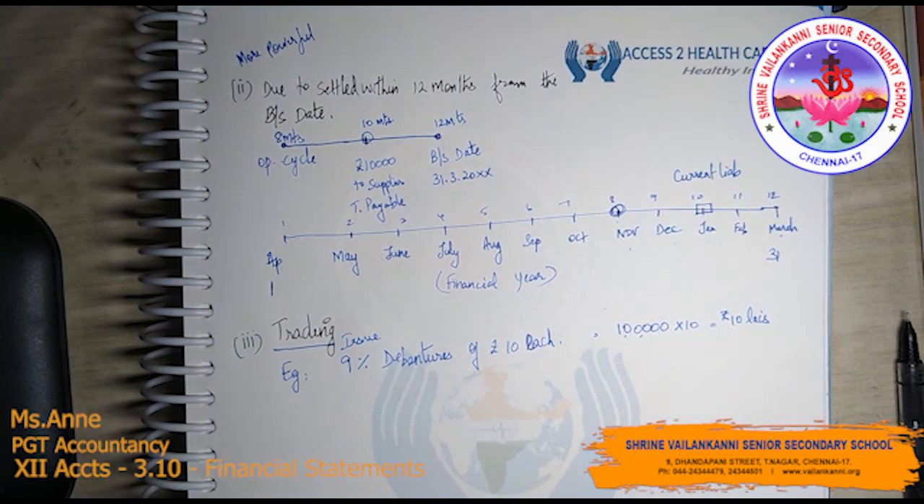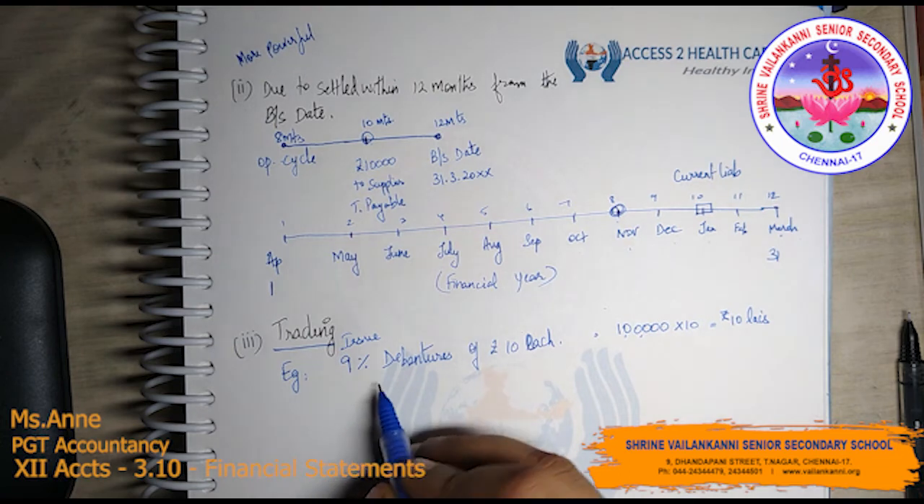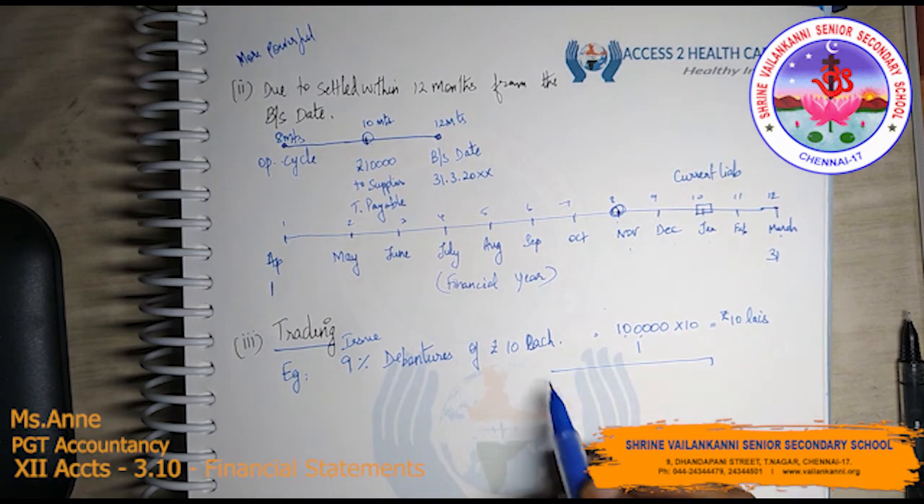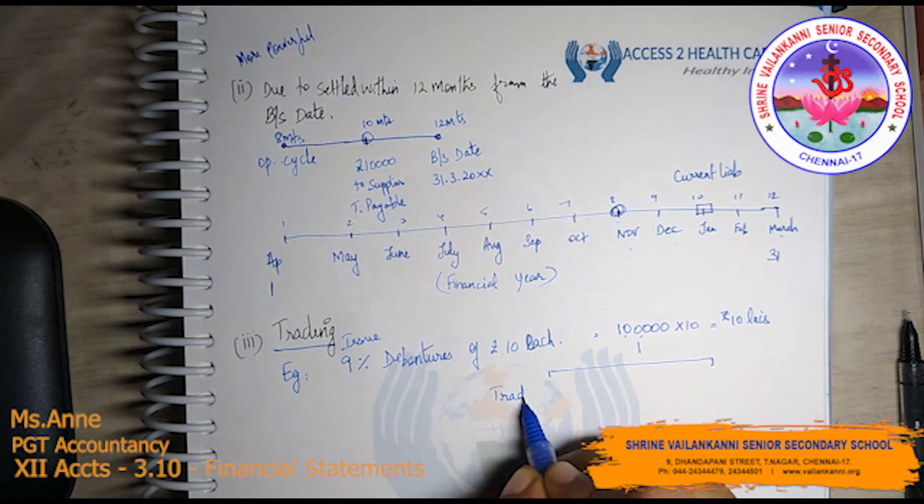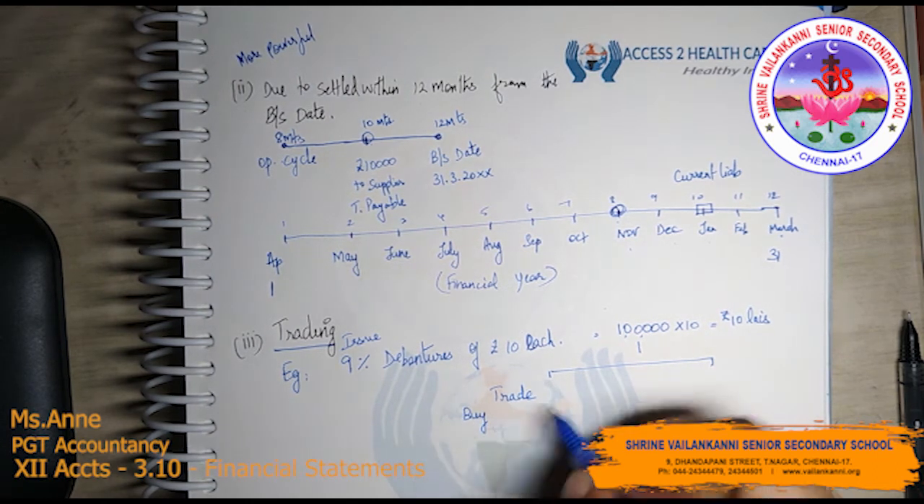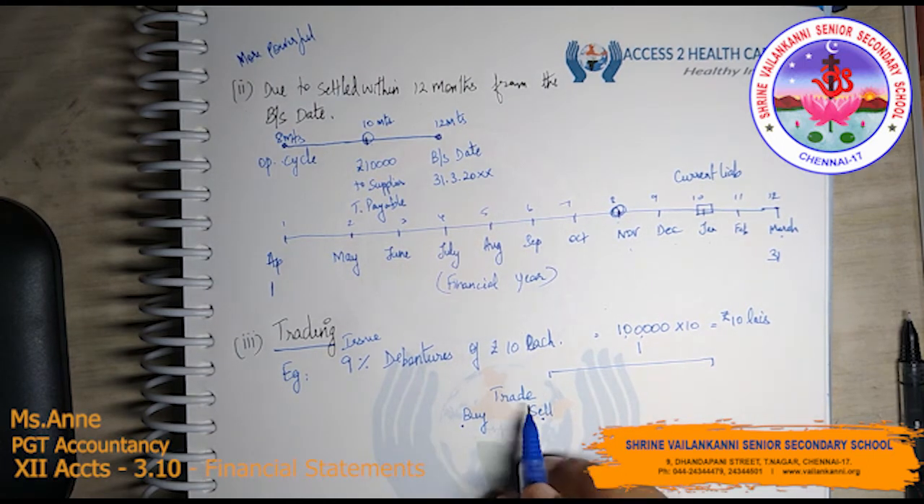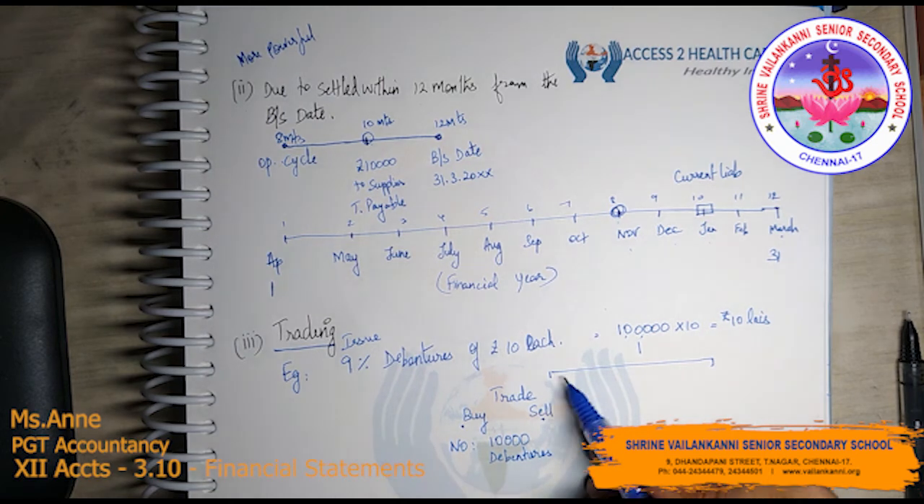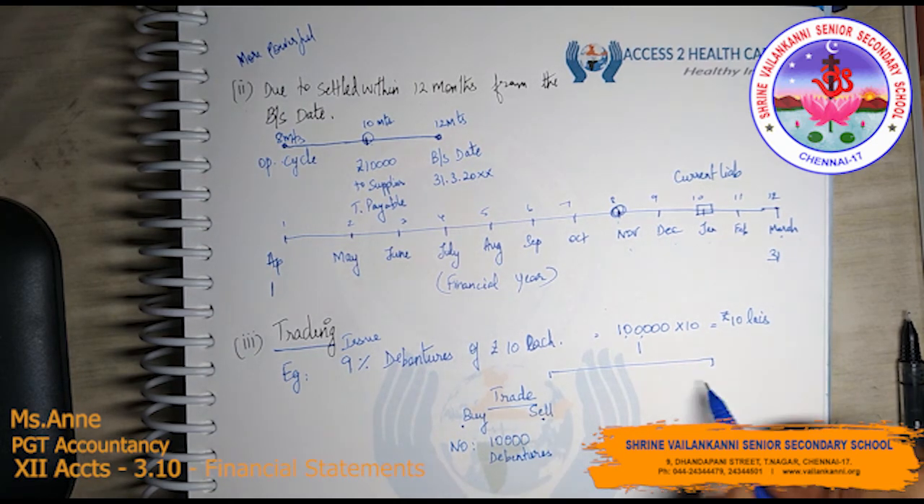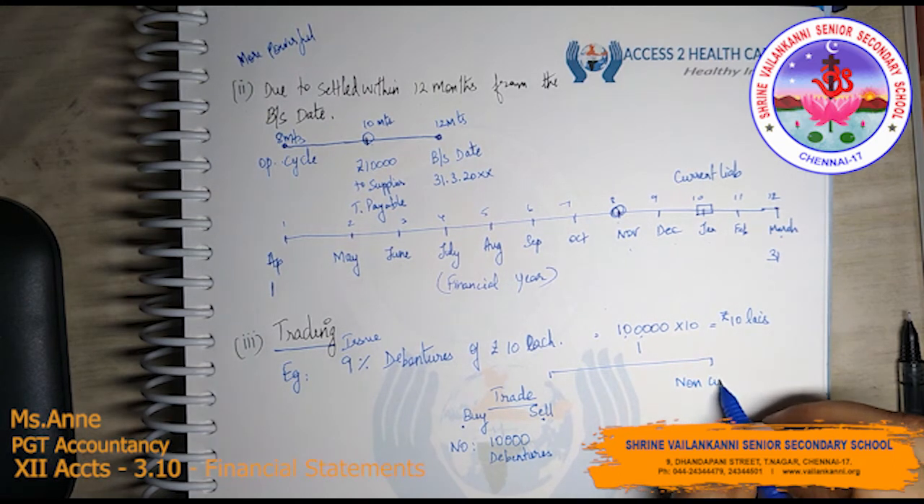But the company has decided to trade. Trade means it wants to buy, it wants to sell, it wants to buy again, it wants to sell again. With that trading, it wants to make profit. So it has decided that 10,000 debentures, I am talking about number, it wants to trade. 90,000 debentures it will take as non-current